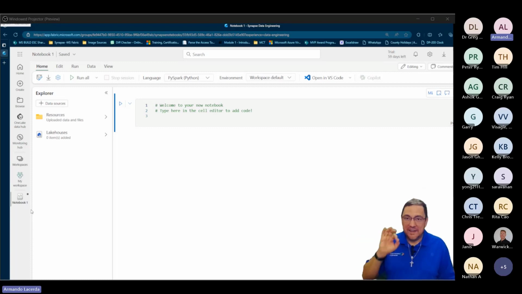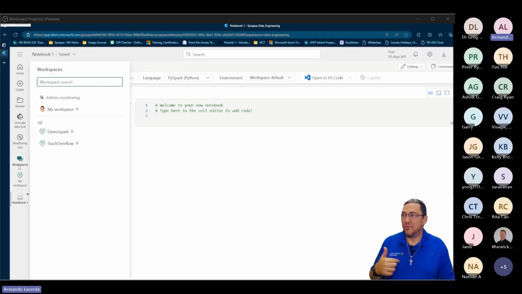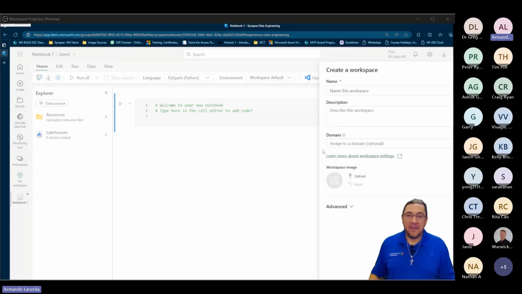So this notebook here could be something interesting for me to just test some stuff, but usually that's not what I want. What I want is an actual workspace, and then have the notebook in that workspace. So I'm going to create a workspace from empty here. Keep in mind, if you are going to run a PySpark notebook, you need a Spark engine to support your notebook. Both things, the Spark pool and the notebook, will belong to a workspace. You have to be in a workspace.